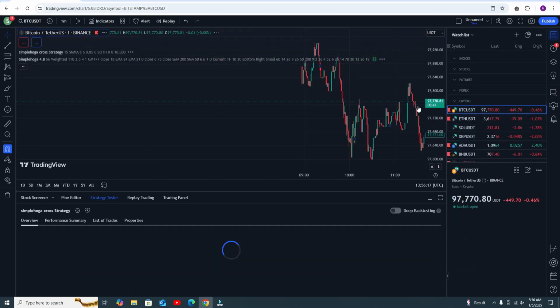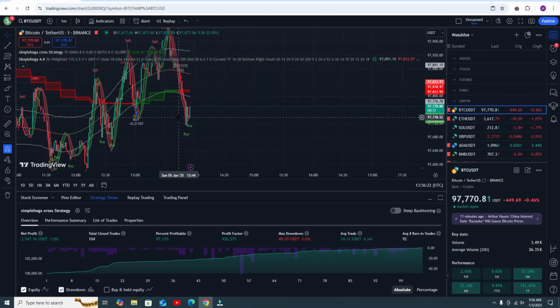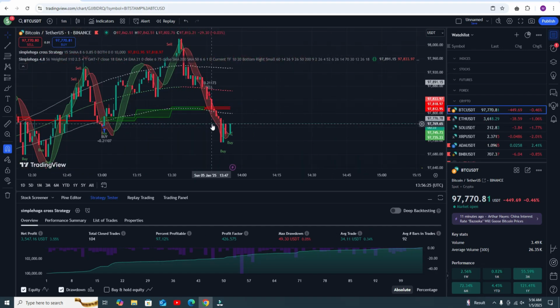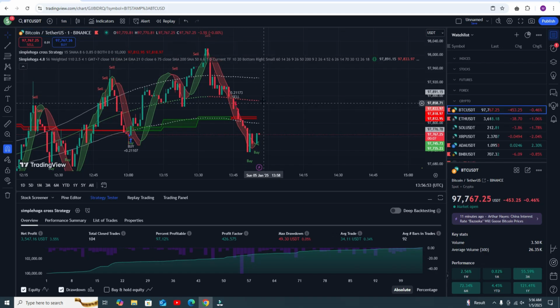In BTC you are getting around 97% accuracy. Okay, and this is the most essential signal. Here you can see that is the important thing, and that is a good thing: the signals come on time, the signals will not come delayed, and they are 100% non-repeating. So here you can see when you got the signal, now you need to go for the sell trade from this point. No, we do not need to go for the sell trade at this point, never. Why? Because the sell trade will start from this point, this upper band line.